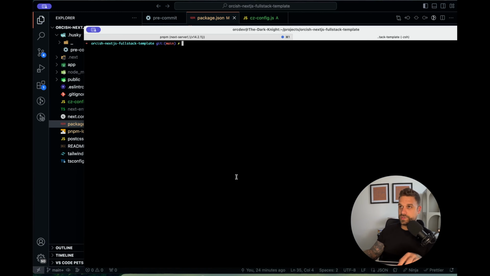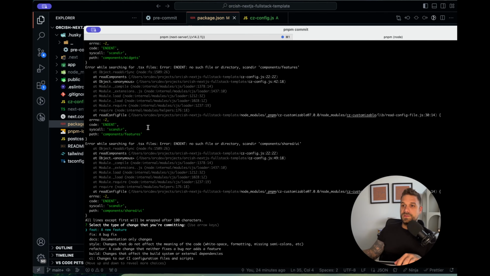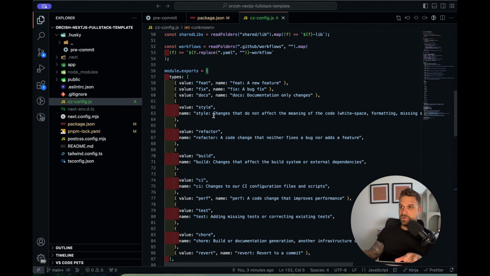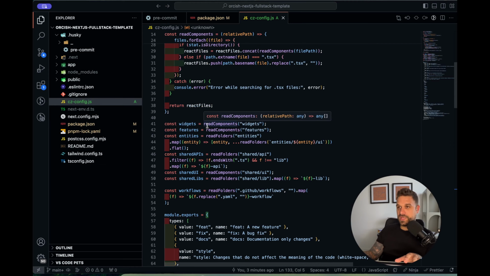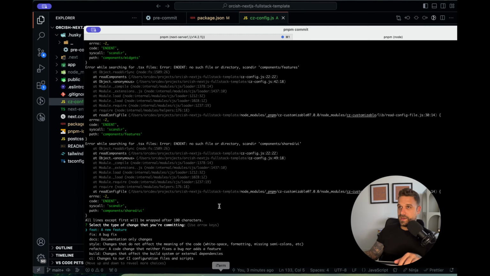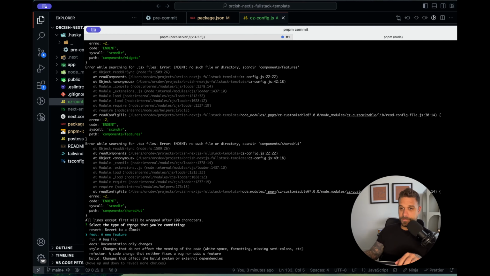Now it should work. So now if we here add everything and go pnpm commit, that's it, it's working. Don't be afraid of these errors. This is because we still don't have the components folder. Here inside the config, we are reading all the components folders, so that one is definitely going to be used later. We are going to have all these folders for our components, and now we can here just choose our